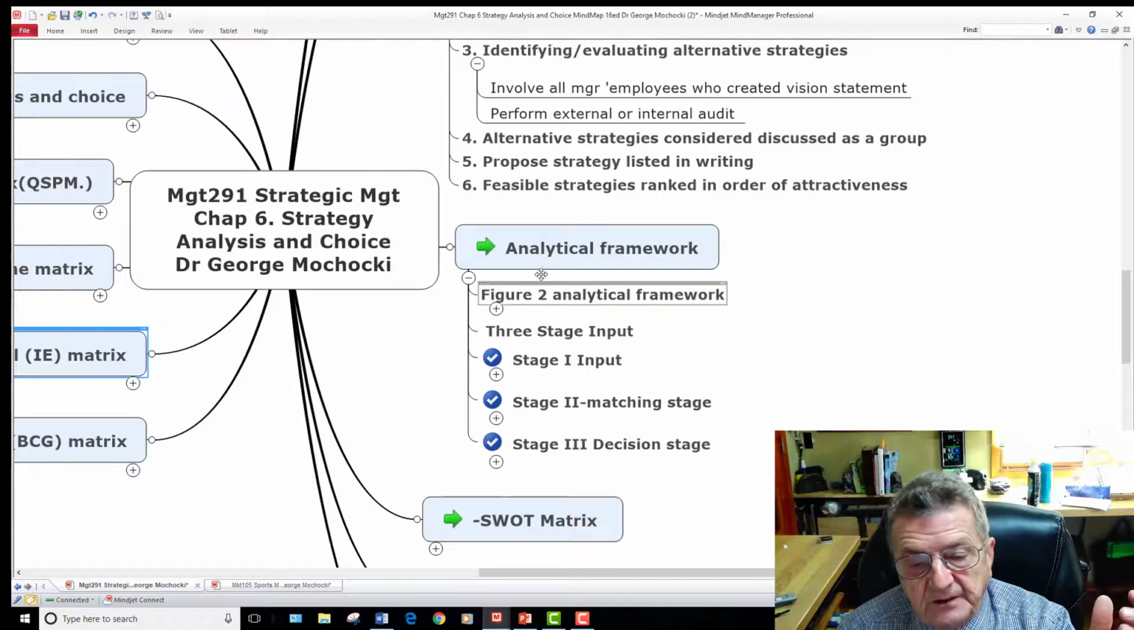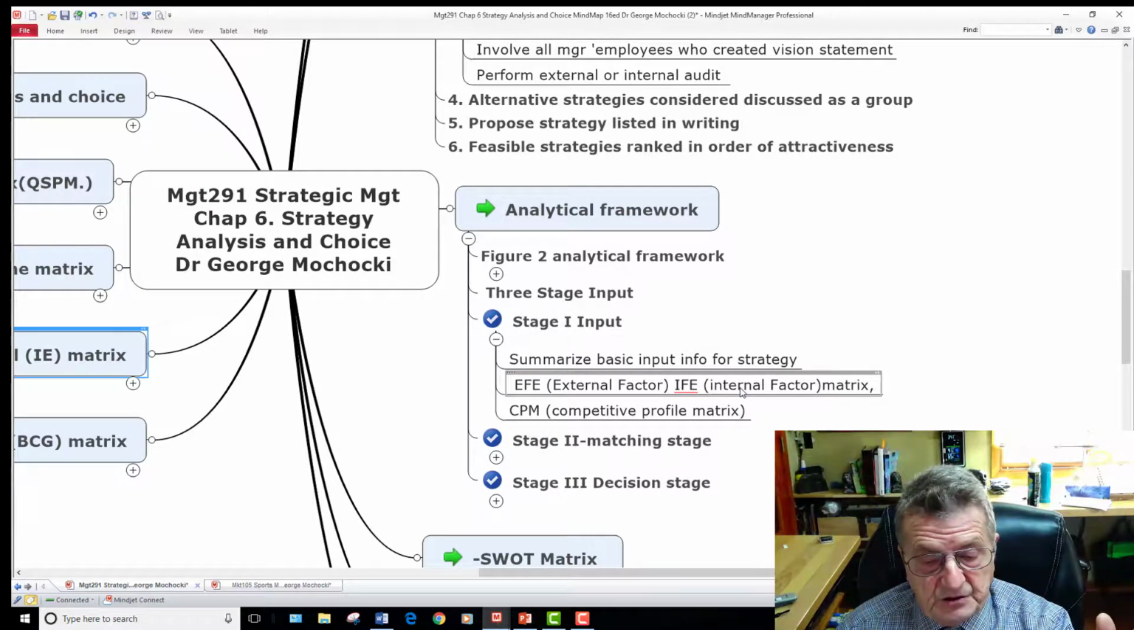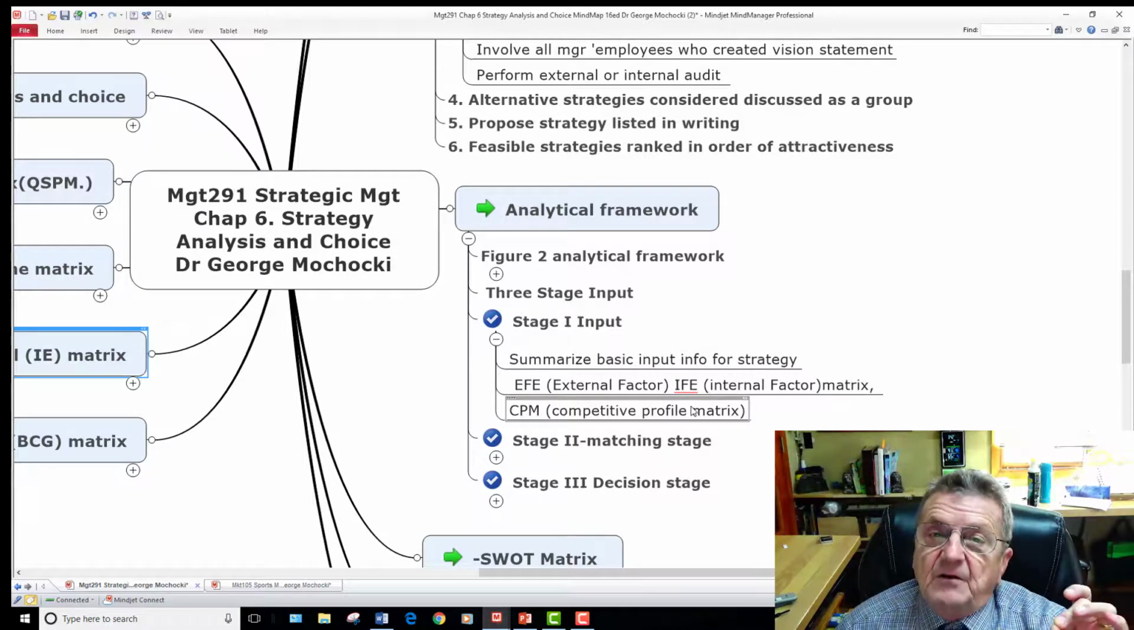Okay, so in this one, analytical, you have your first phase. It summarizes the input for the strategy. It looks at the external factors, internal factors, remember there's a combination, and it looks at the competitive profile matrix. There always has to be that money amount. Remember, it's got to be competitive. It's got to be profitable for the organization. If I'm taking a certain strategy,